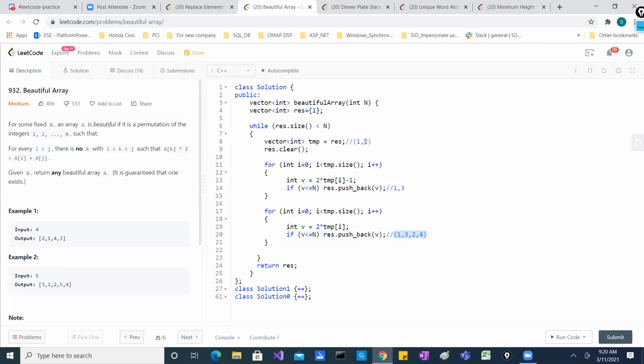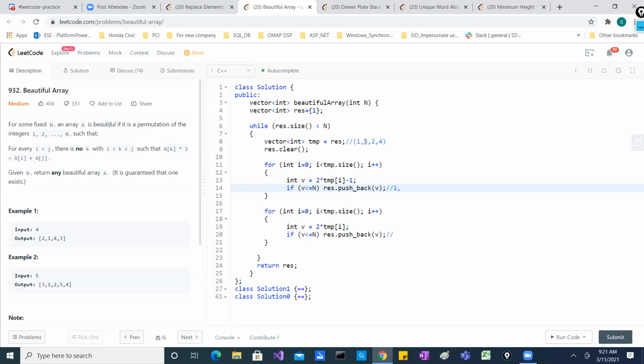I'm just showing you how it happens and how it differs. So this is the value here, and then I remove this one for now and restart the whole process. Now you see how they are changing from the odd and even positions. So now I have 1, 1, 3, 2, 4. Now I come here. For 1, I still have 1 because 1 into 2 minus 1 will be 1, correct?